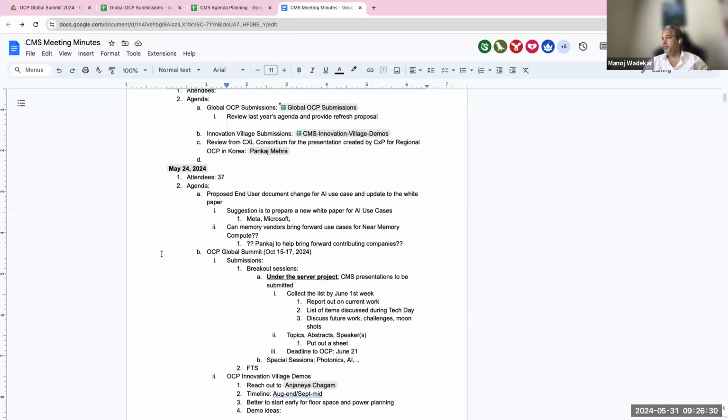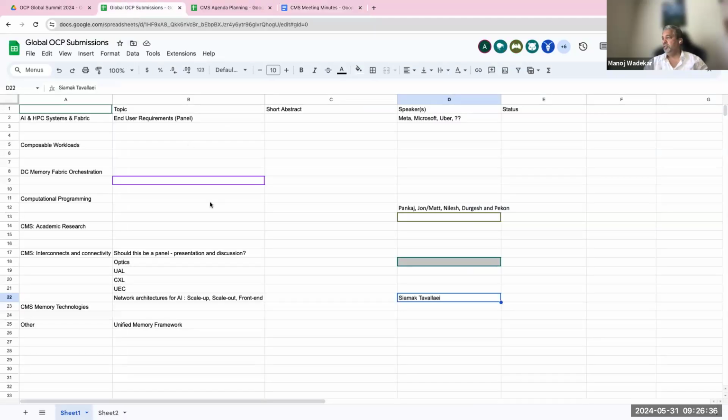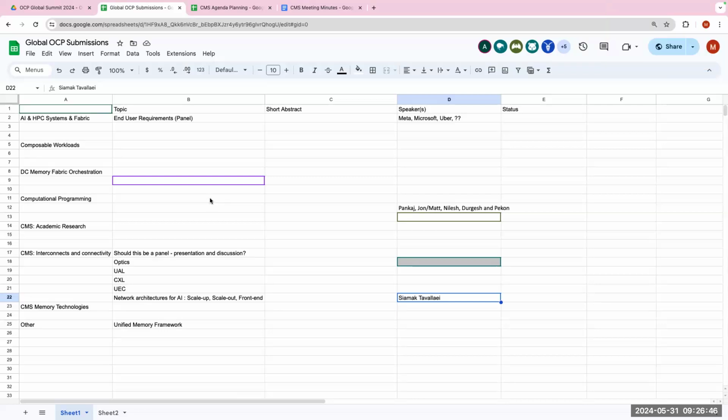Then we have the week after to finalize, or at least get everyone to submit. We can do it two ways, I think, Reddy, right? Is there a way for us to submit the whole agenda, or is it better if people submit directly? Yeah, it's better because it is a lot of work. You have to type the bio and all that stuff.